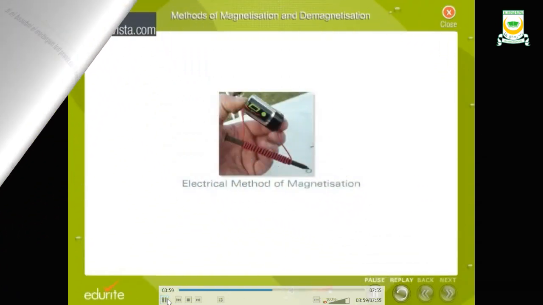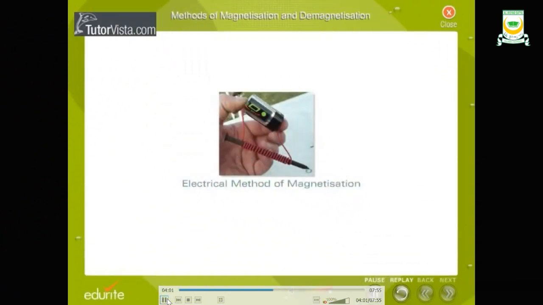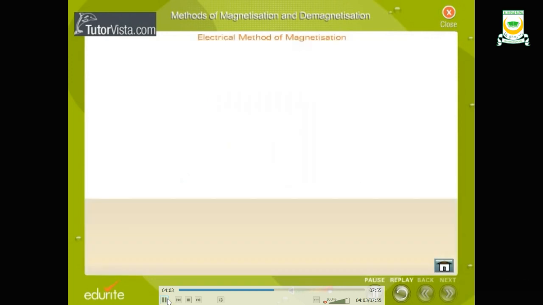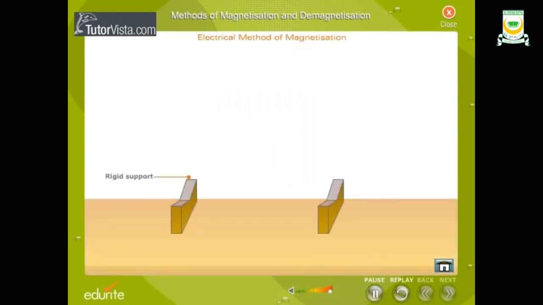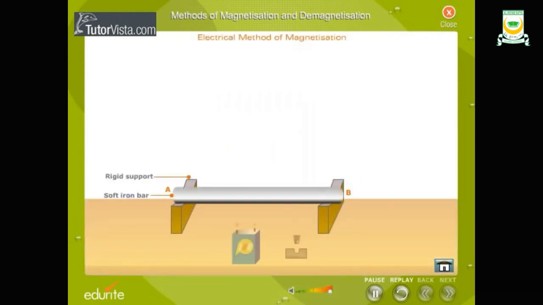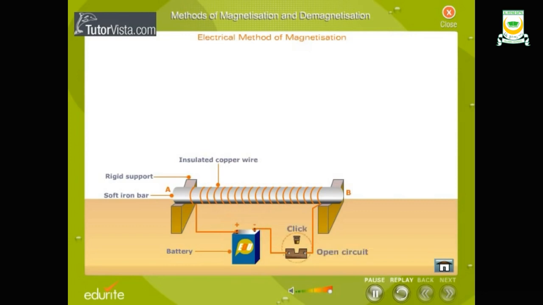Okay, another method of creating a magnet by magnetization is to pass electricity through it. In this way, I'm going to use direct current, or DC current. Remember, you need to use DC current if you want to create a temporary magnet. So in here, I have a battery and I have the circuit. And on this one, I have the soft iron bar that has been attached with the wire.